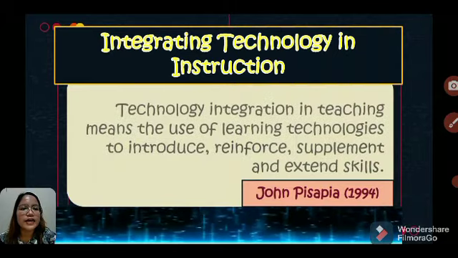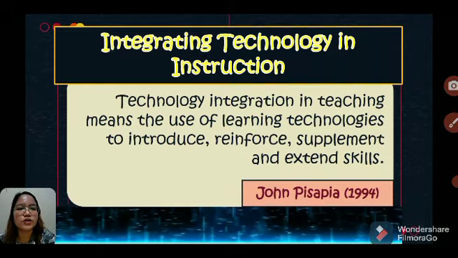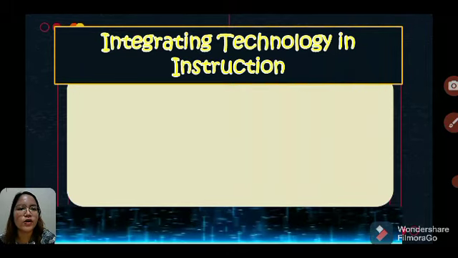According to John Pisapia, 1994, technology integration in teaching means the use of learning technologies to introduce, reinforce, supplement, and extend skills.